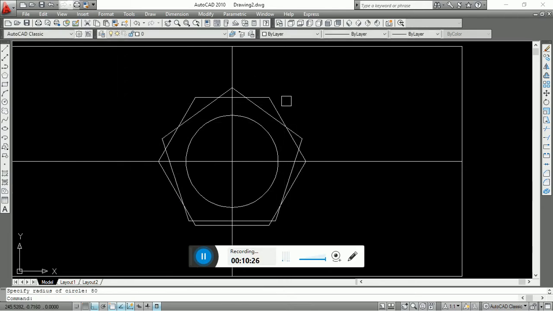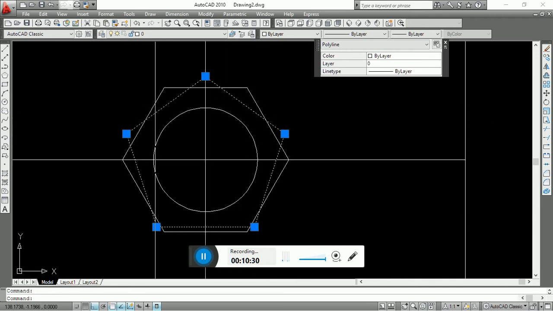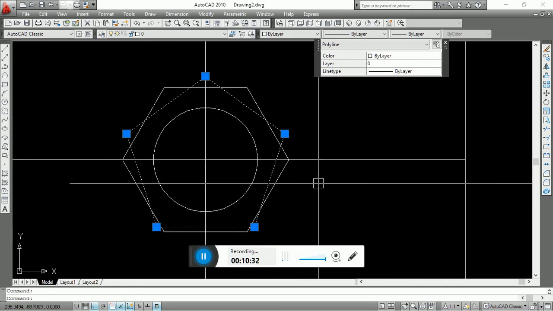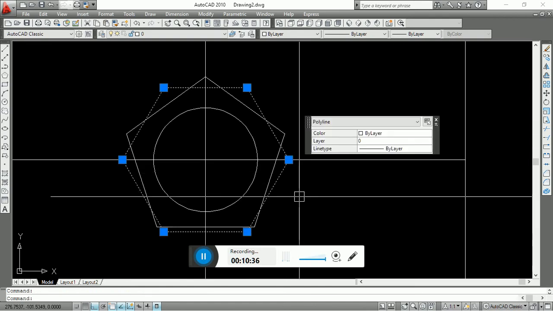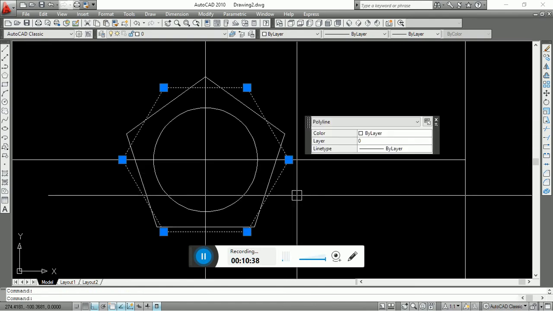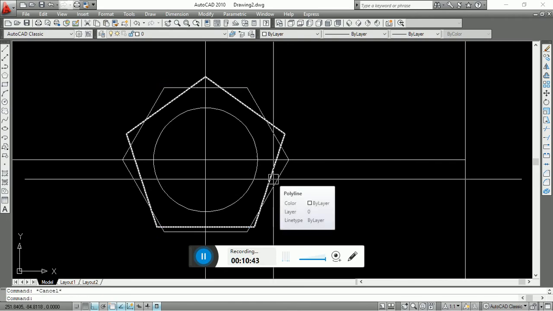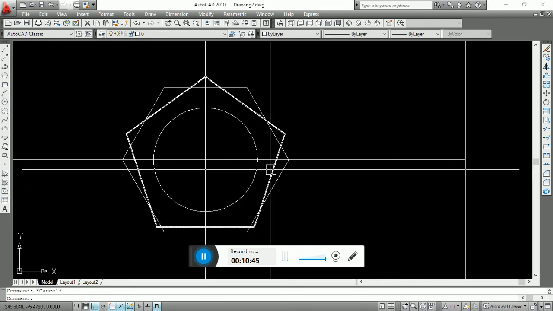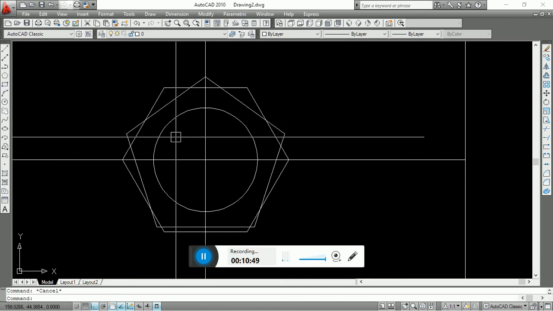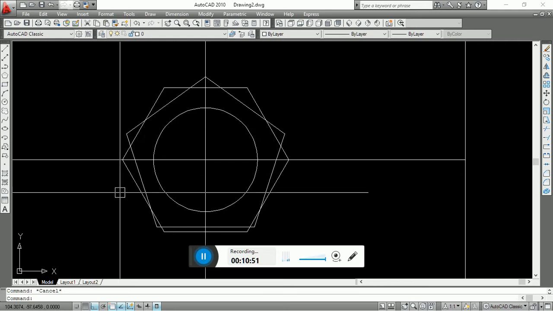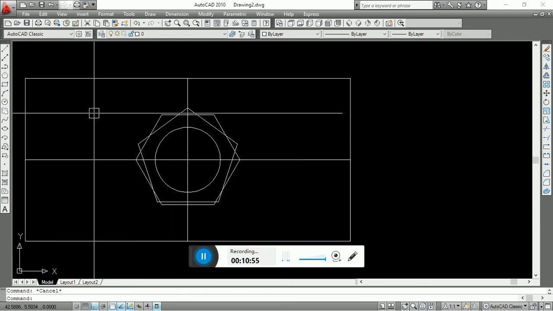See, my polygon is here. This is my polygon, and this is my hexagon. I'm drawing this hexagon by using the polygon command, and polygon is the same command for hexagon and other sides, like 4 sides. You just have to enter the sides 4, 5, 6, 7 and give the equal length or equal radius. Okay, now